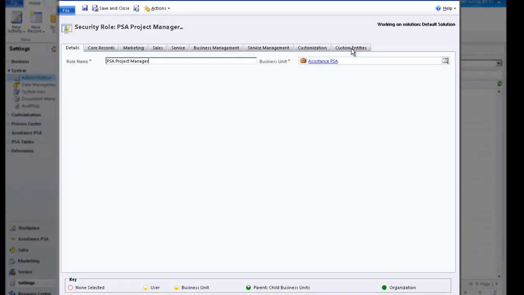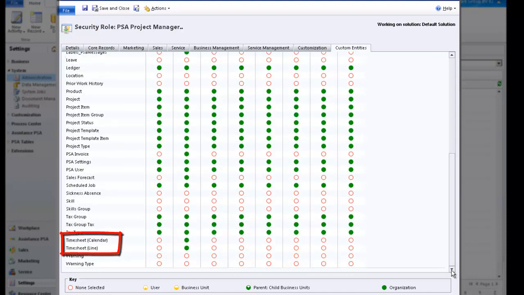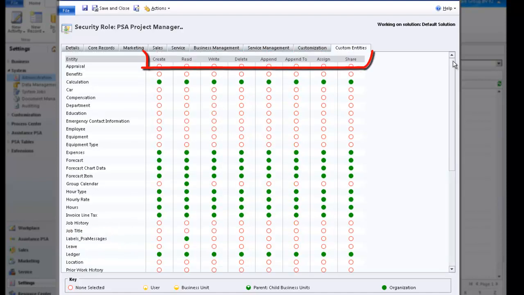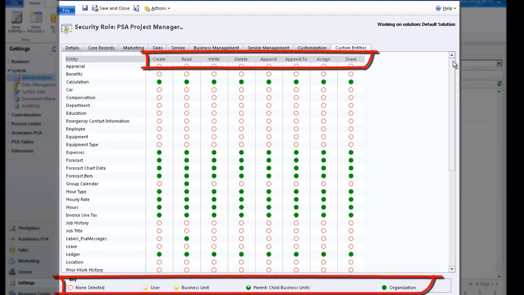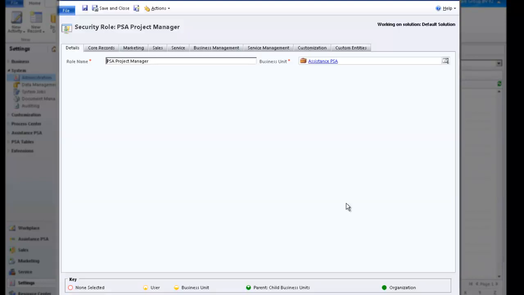You are now in your new role. Custom Entities is where you will want to go next. You will find here all the tables and functionalities of PSA, including the 2 timesheet options of the solution. You will also recognize the same types of rights and privileges as the ones defined in the other tabs. There is no need for any kind of modification here. Go ahead and save your data, but leave the window opened as we will now take a look at the